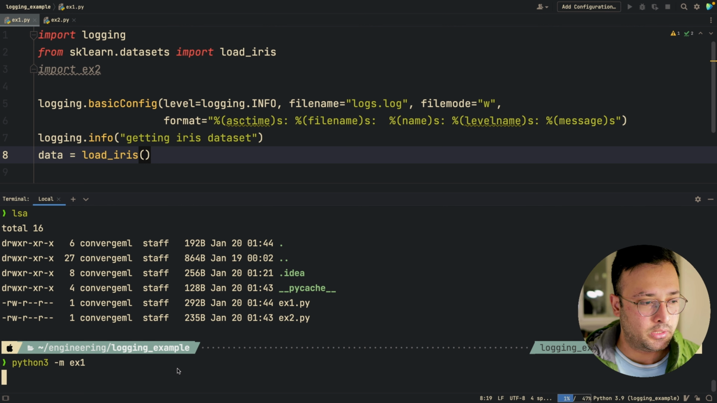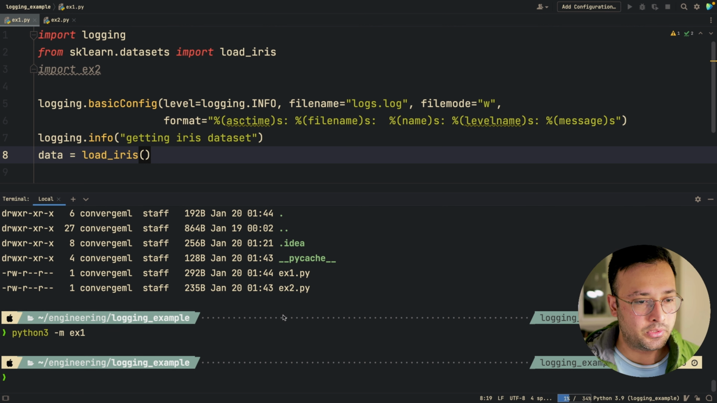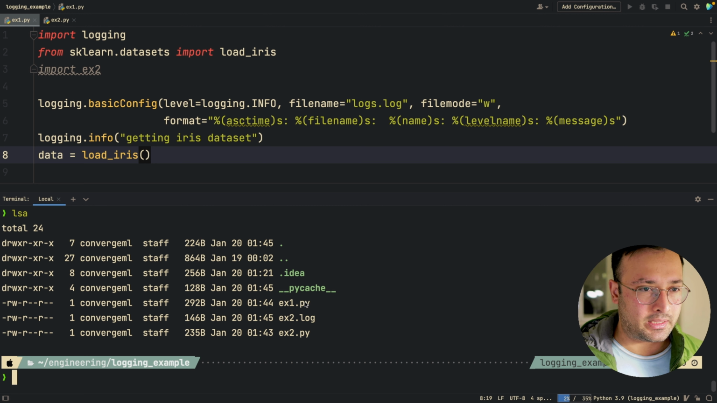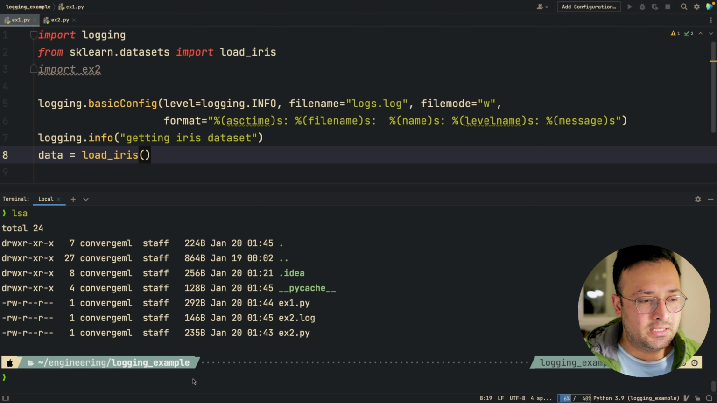So when I hit that, something happened. Let's take a look. What really happened was that I did not get ex1.log, I didn't get logs.log, but what I have is ex2.log. Now this is very strange because I wouldn't expect that. I would have expected that my messages would be logged here, but let's even see what we have in